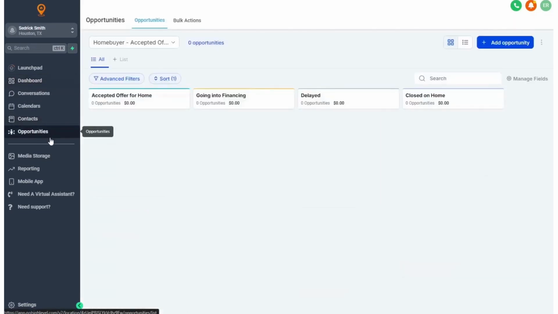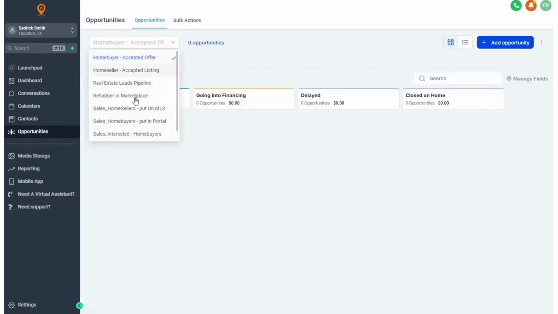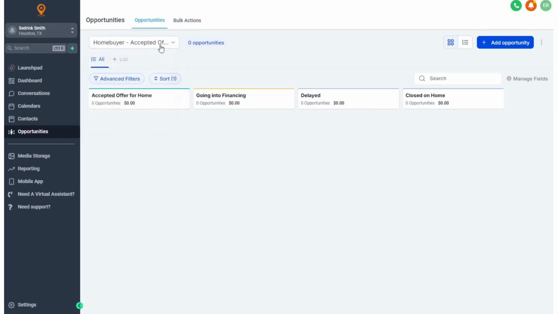It all starts with opportunities. You've got your pipelines here, so I'll just go over these pipelines. These first two pipelines at the top are for the agent lead as well as the agent. So, home buyer accepted offer. This is